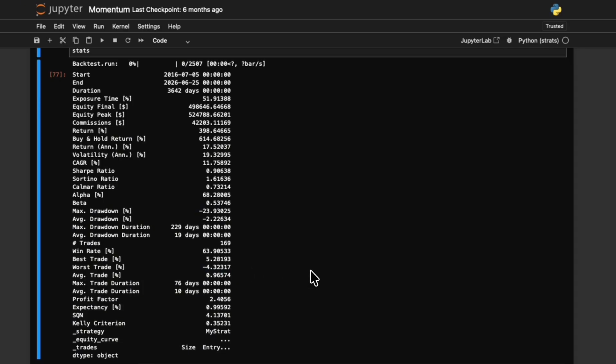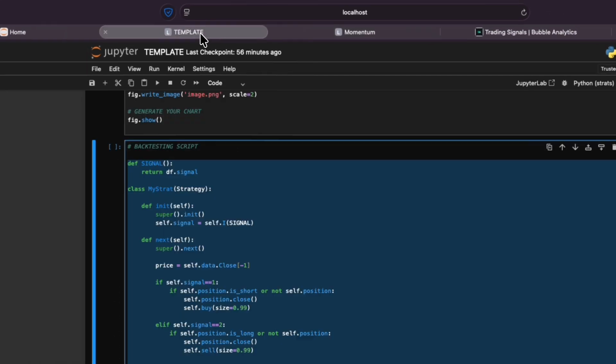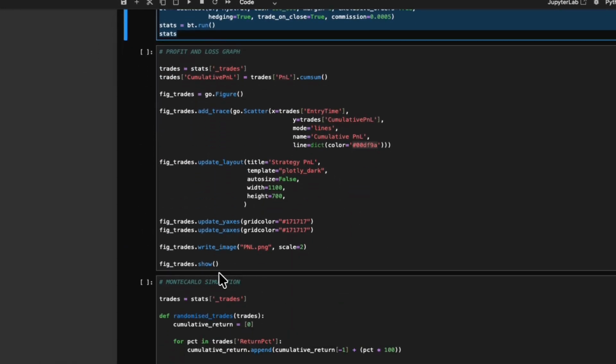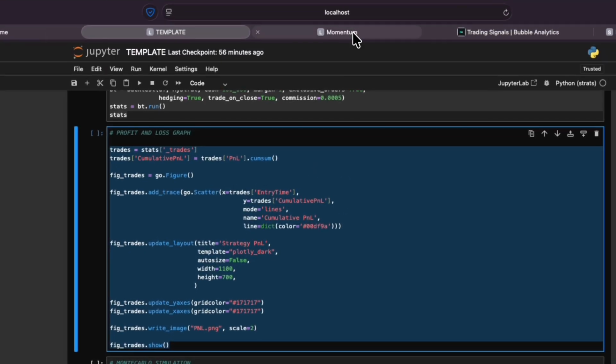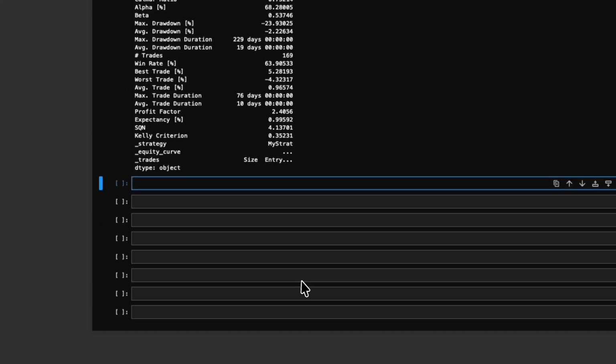Pretty decent. So not bad at all for a very, very simple strategy that you can run yourself and monitor on a daily basis. So let's add a little bit. Bearing in mind, we want a profit and loss, don't we? So I'm just going to grab all of that just to see what our drawdown periods were like. Profit and loss really important